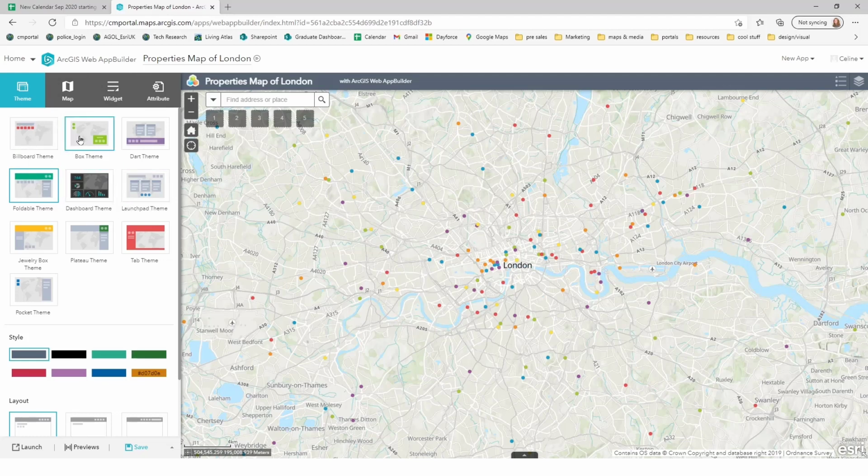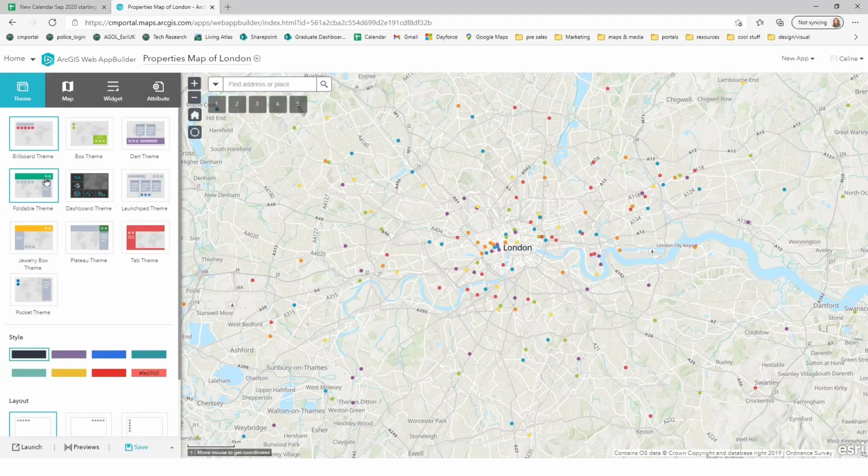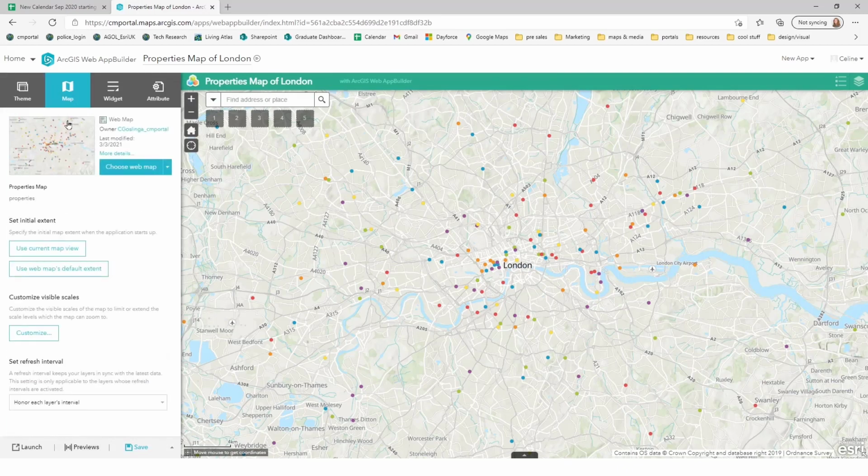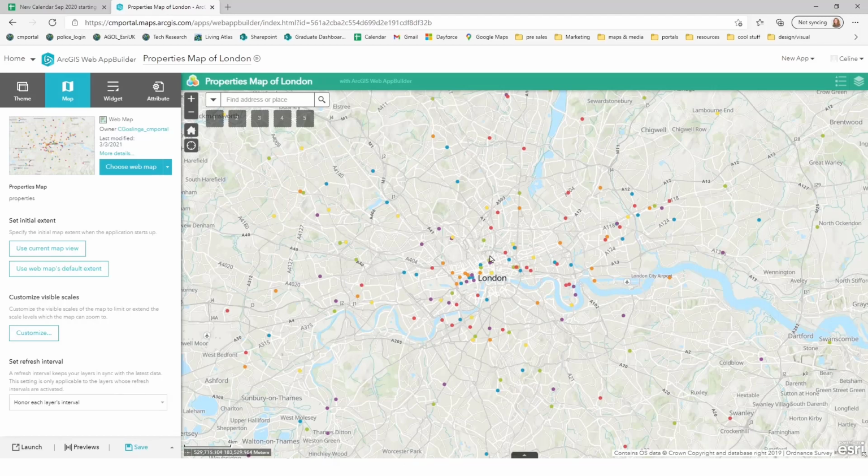First, you select a theme that looks good to what you want your map to convey. So there's a bunch of different themes with a bunch of different colors. Then you select the map that you want to have on display. So in this case, we've launched into the web app builder from the web map itself already. So that means that it has the correct data on display already, so we don't need to change this. And there's a bunch of other settings that you can customize in this window, but we won't really go into all of that now because I just want to focus on how we can